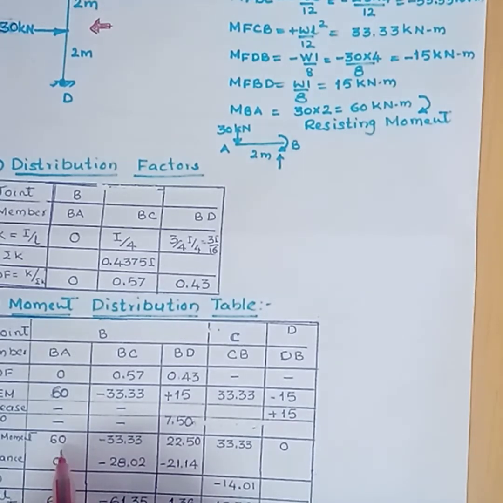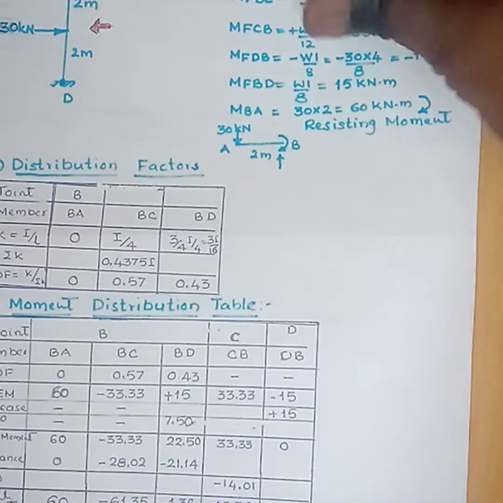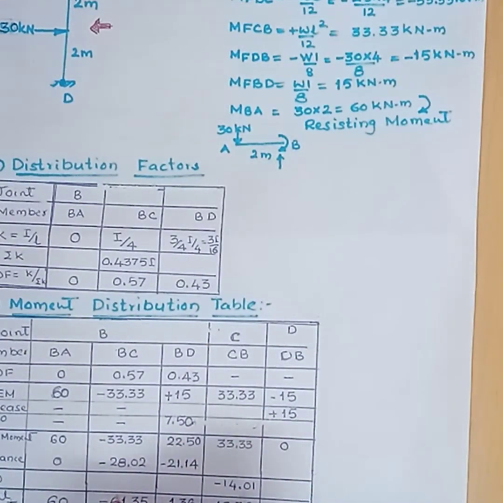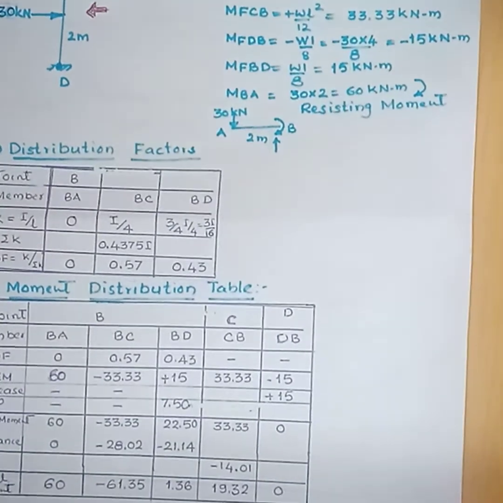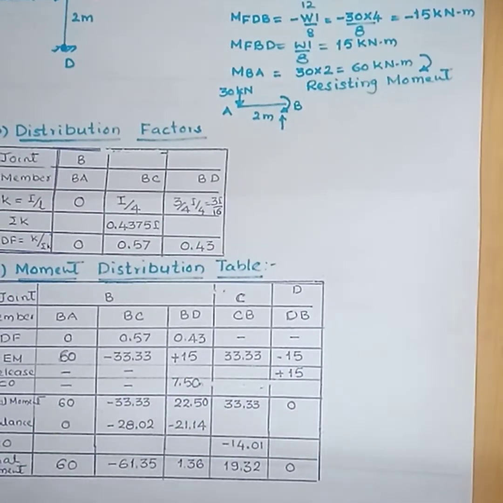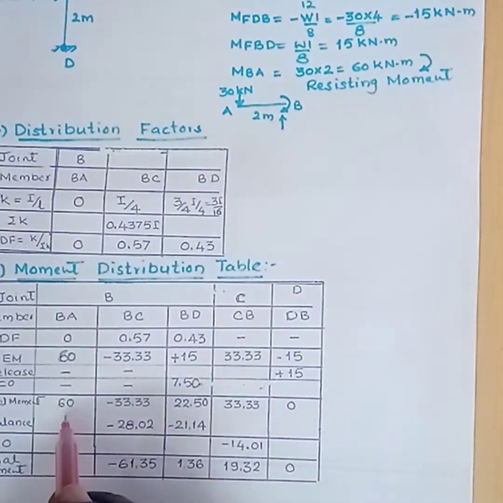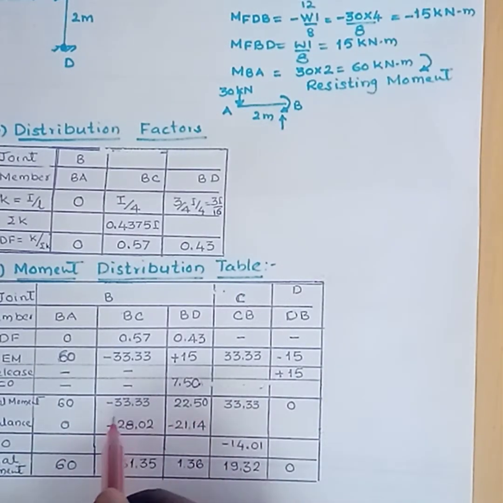When the equilibrium condition is reached, this joint B should be in equilibrium, that is, summation of the moments of all the forces, summation of the moments equals 0 at the joint B. Then here by adding 60 plus 22.5 minus 33.33, that is 82.5, minus 33.33, that is minus 40 plus 49.16. Here there is an unbalanced moment of